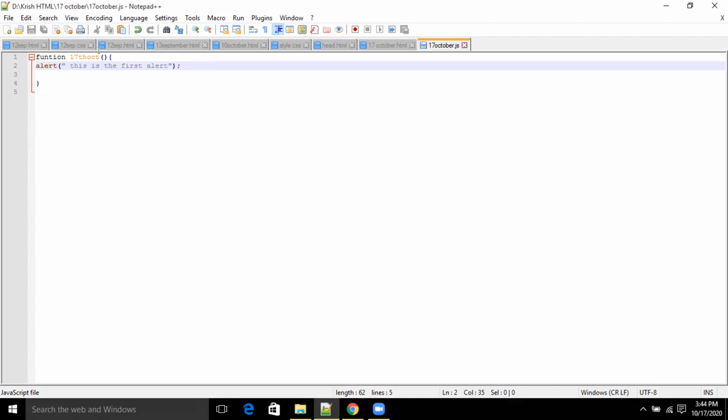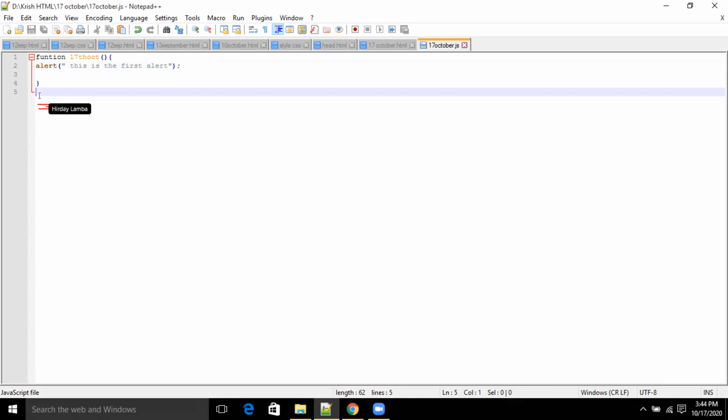To call the function, just write whatever the name of your function is, with 2 round brackets, and put a semicolon at the end. What is the function name that you have? 17 October. Okay, let's write that.